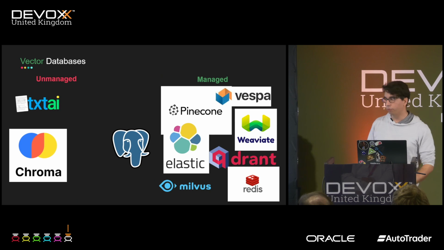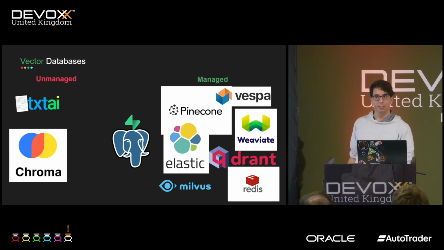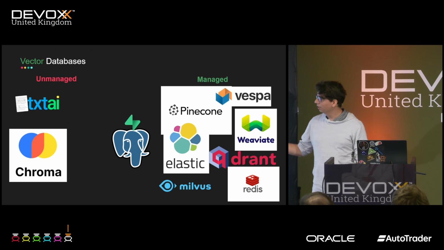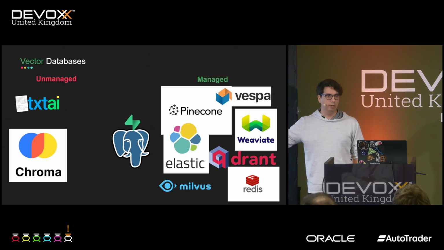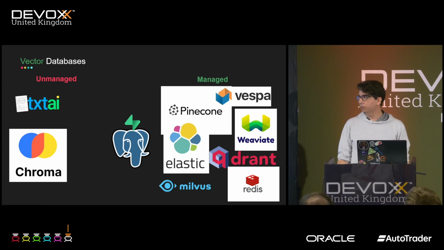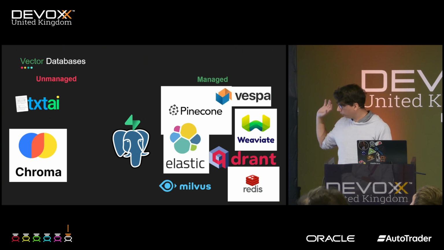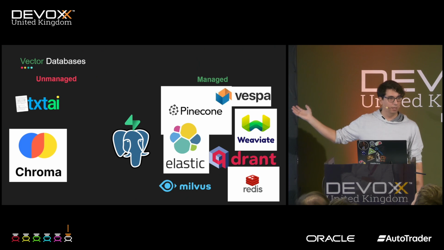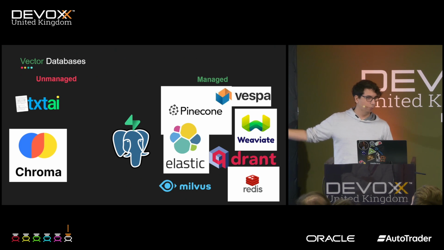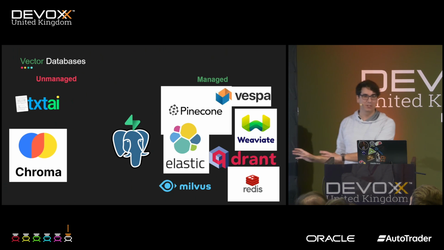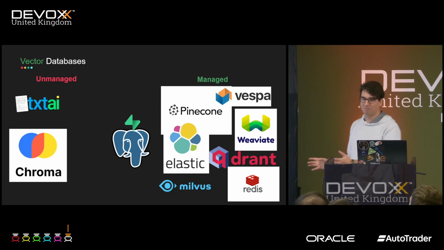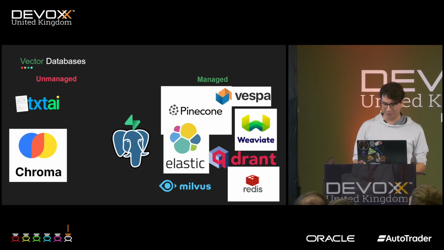And then, of course, they all want to earn money somehow, so they all offer managed services. Postgres has an add-on called PG Vector. You can get it managed through Supabase, for example. So if you want a managed vector database, one of these. I did it. They're quite pricey right now because of the hype. So try it locally first, I would say.